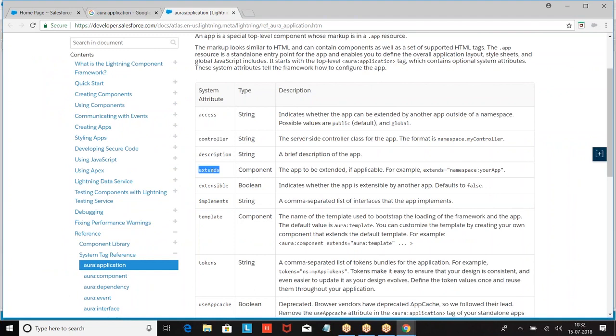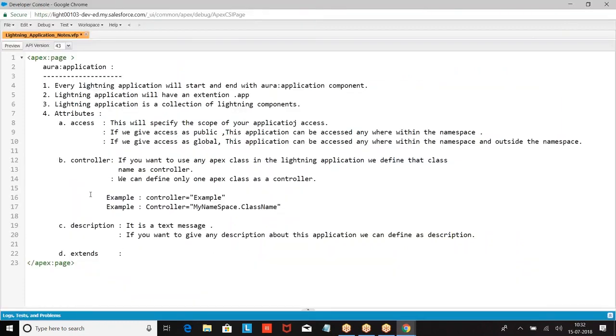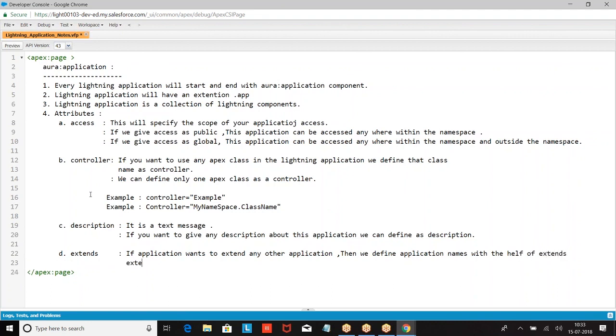What is the keyword here? Extends. So if the application wants to extend any other application, we use extends. How do you define extends?